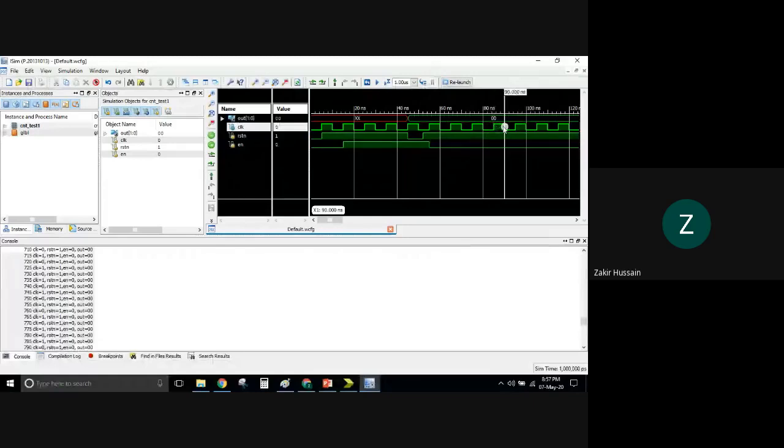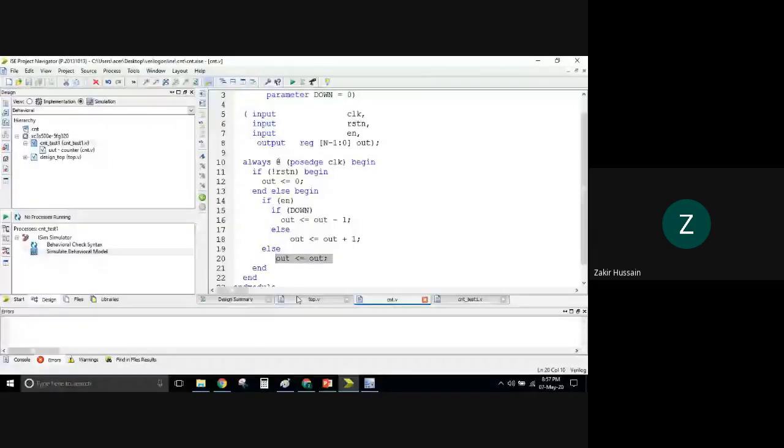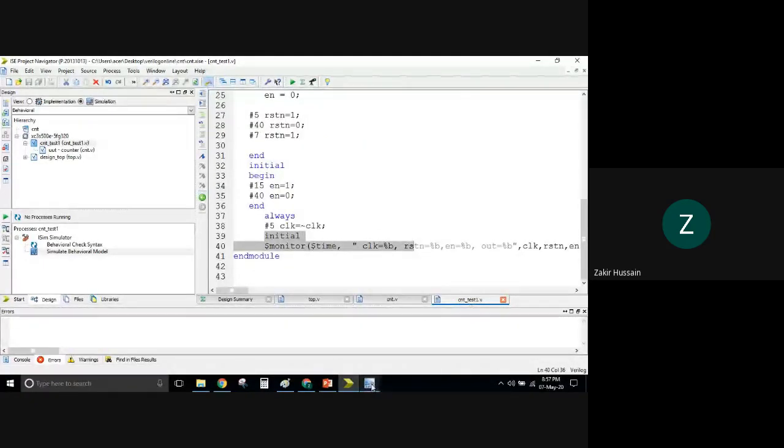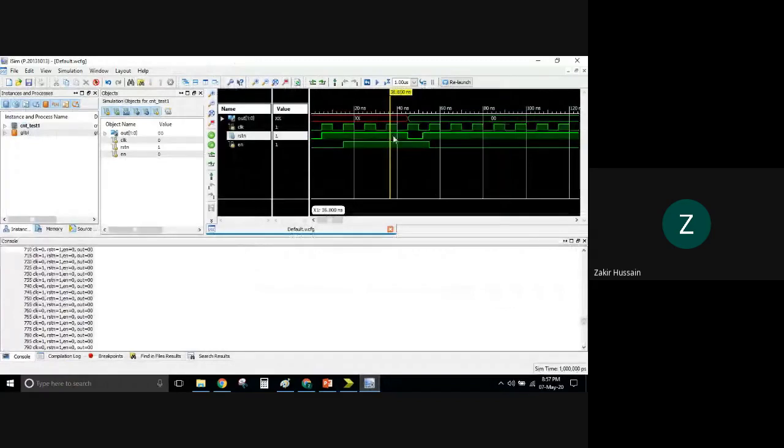Design means this one I'm talking about, where this description is. That is the design. This is the test file. So you will understand if you analyze this waveform without panicking. Because we analyzed with a bit of patience, we understood that throughout, after what we said about this reset